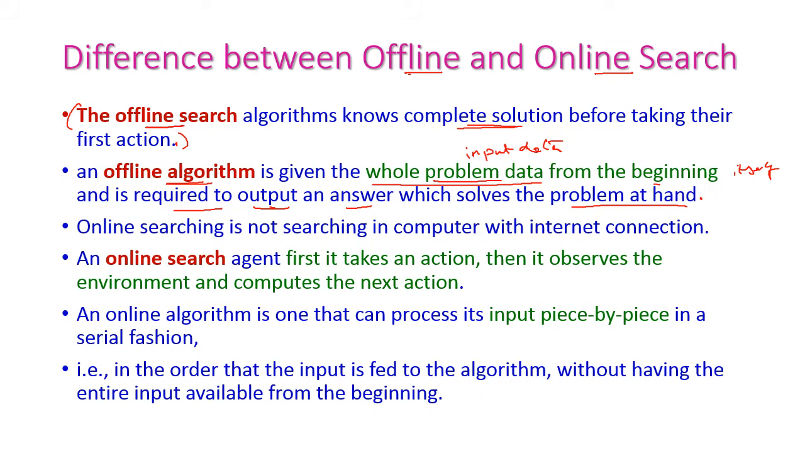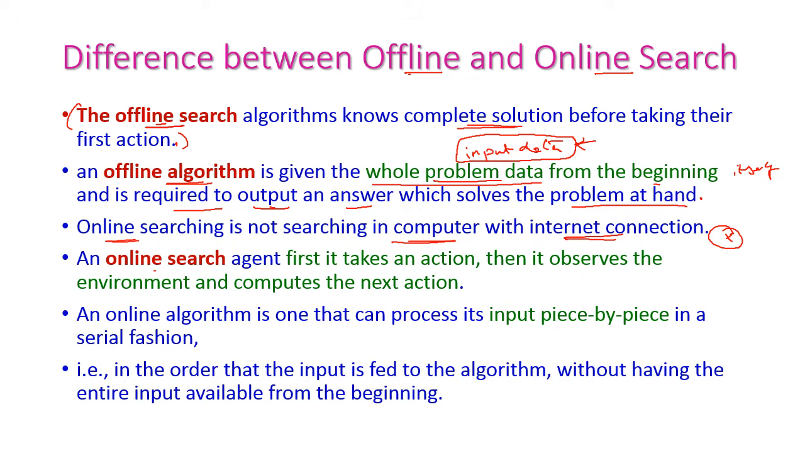That is, in the offline algorithm, we have to feed all the required data from the beginning itself, and it will take the actions according to the current state. So the algorithms which we have seen up to this are called offline algorithms. In contrast, we will see the online algorithm. Online algorithms are not algorithms that search on a computer with an internet connection. This is not what online algorithm means, but